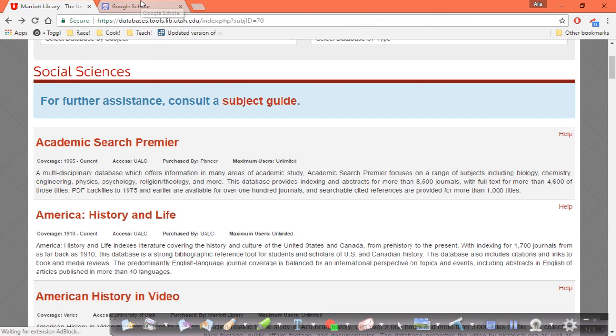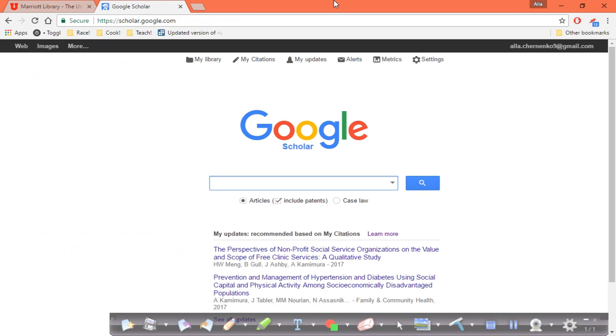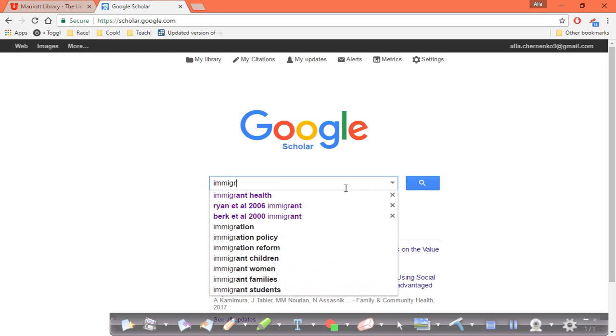Another place I like to do my literature search is in Google Scholar, which you can get by typing in scholar.google.com. All of you are probably using it already. Some of you may not be using it, so if you don't, you should start. It's great. Here you can search for articles using this quick search again, and then refine your criteria. So I am going to type in my keywords, which is immigrant health,